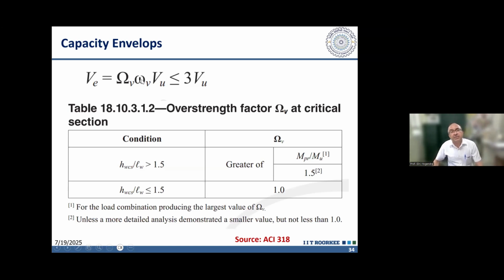And the upper limit on the amplified shear force is 3 times the design shear demand, which we are obtaining from the analysis. And this capital omega, this is provided overstrength. So this provided overstrength, if the shear wall is slender, height of the shear wall to the length of the shear wall is more than 1.5, then it will be minimum 1.5, or the ratio of the actual provided moment capacity to the design demand. So design demand MU, which is coming from the analysis, and MPR, the provided moment, which we will calculate from the actually provided